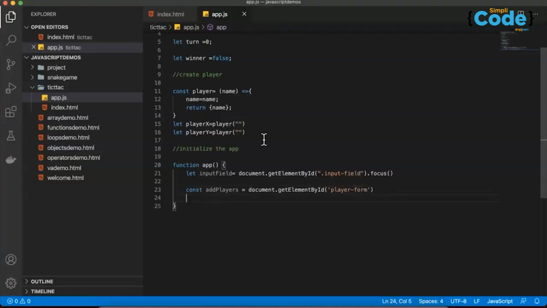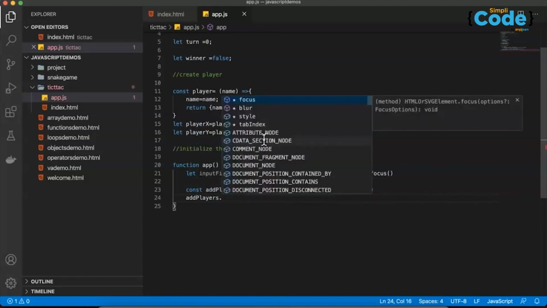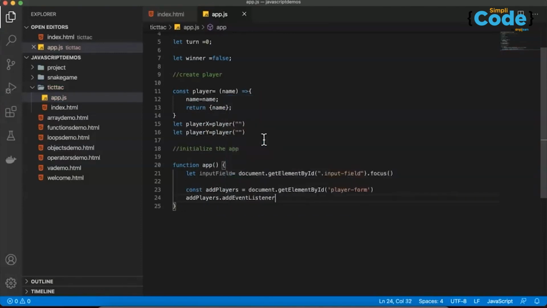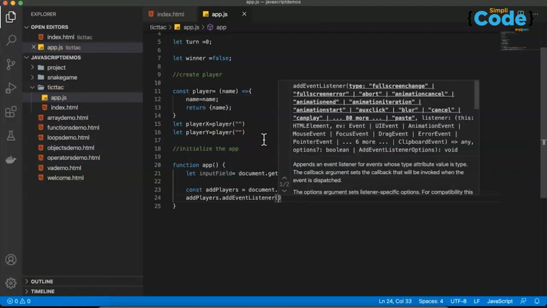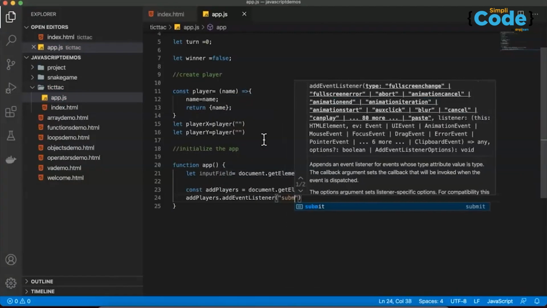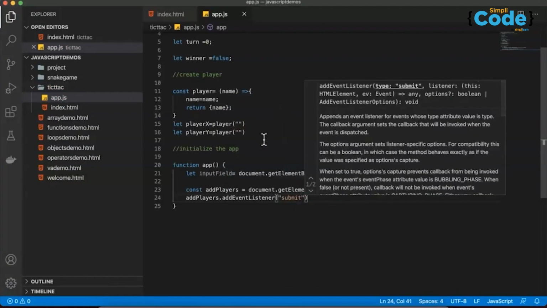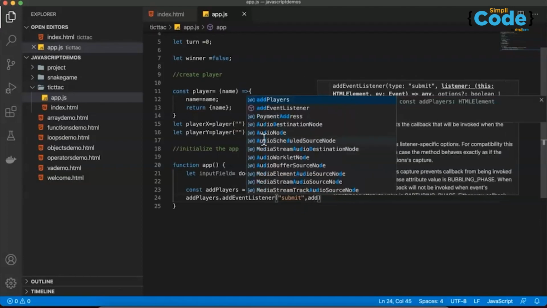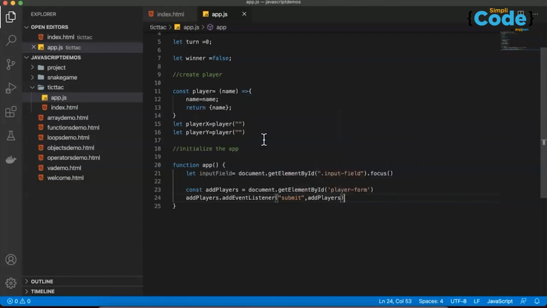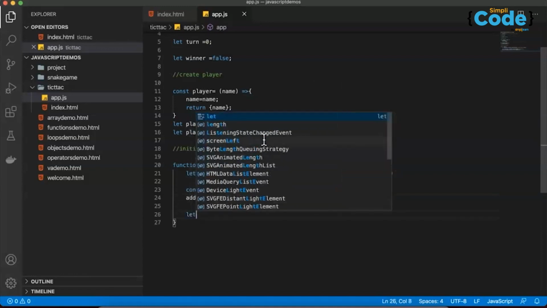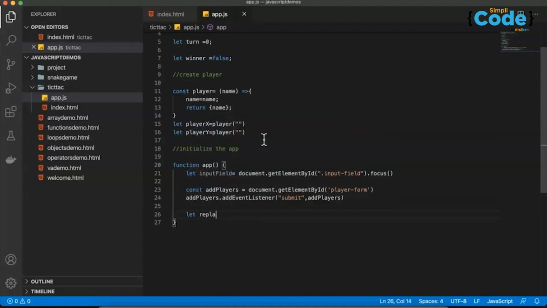Okay, next we are saying addPlayer dot addEventListener. We want to attach the event. On which event? Submit event. And what logic? addPlayers. Okay, after that, once the players are added, we are saying let replayButton equal to,